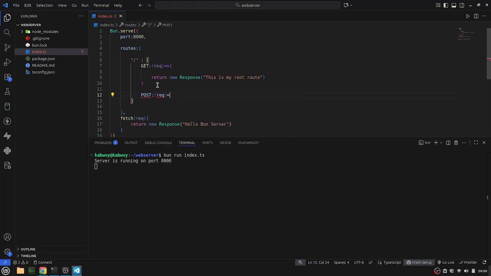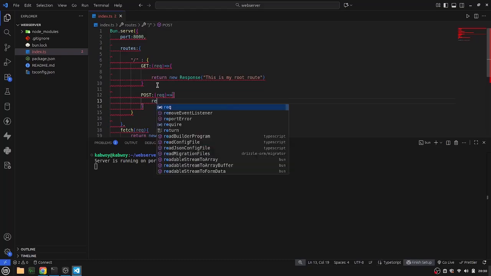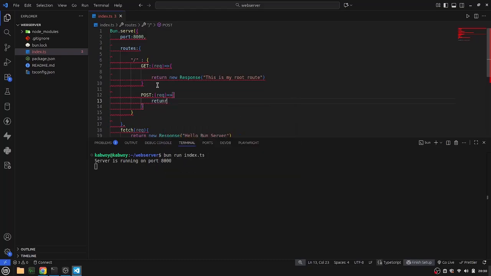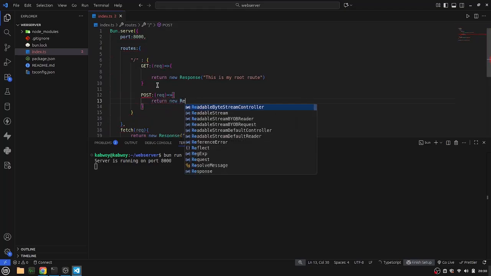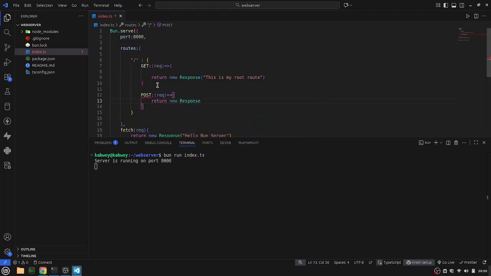It takes a request argument or parameter, then just return new Response. You can return text form, or JSON. In our case, let us just return JSON for illustration purposes. So I can just delete the new keyword and just return